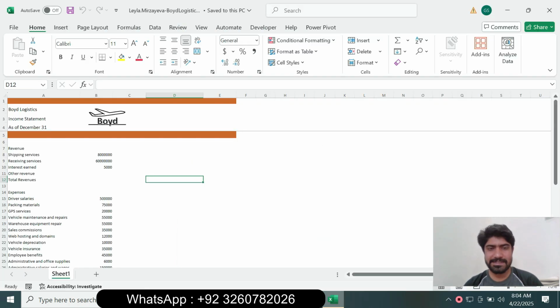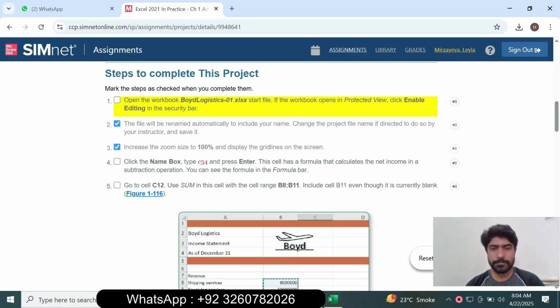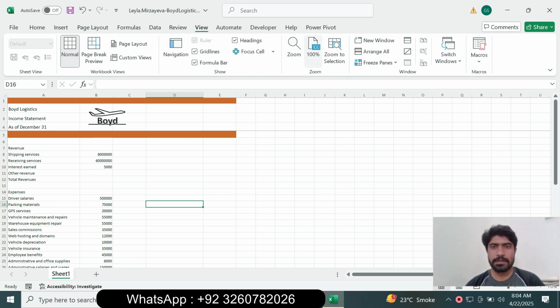So go to the Excel worksheet and set the zoom to 100%. Go to the View tab and click Gridlines. The gridlines are displayed, and the zoom is 100%.